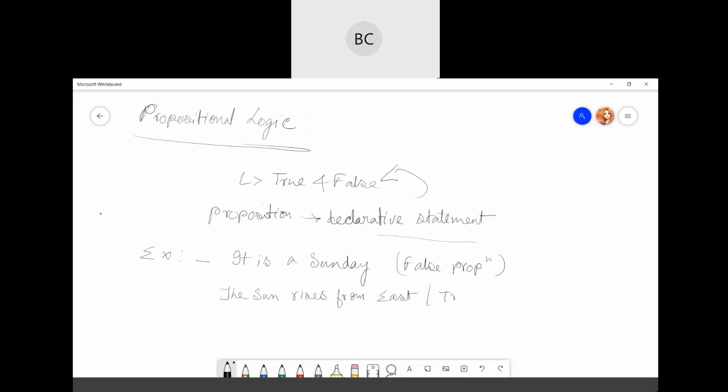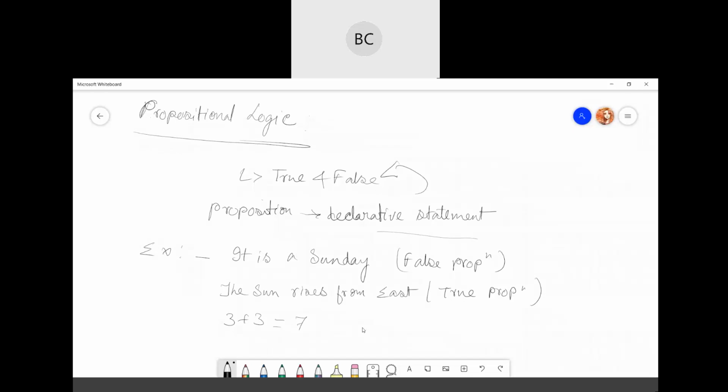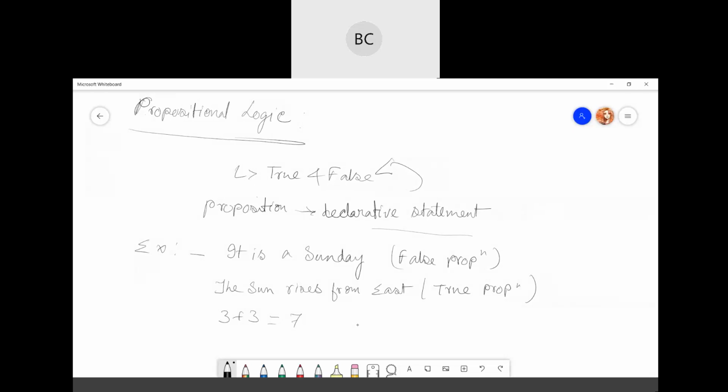So this is your true proposition. Then again, you can say 3 plus 3 equal to 7. Is it a correct statement? It's false. So again, it's a false proposition.